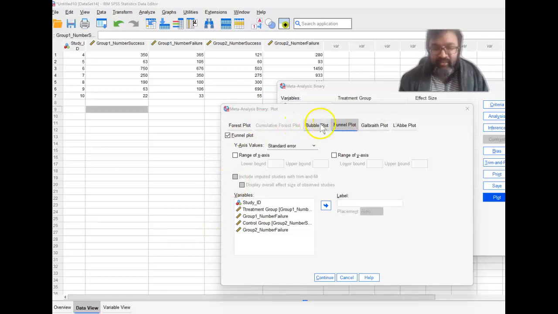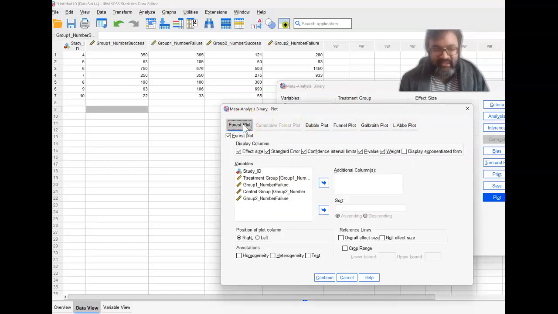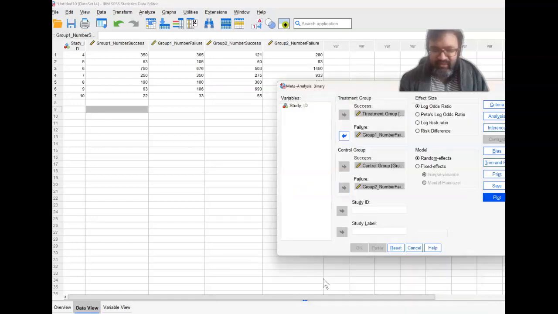So then I wouldn't worry about the bubble plot, the Galbraith plot, or the L'Abbé plot. I would just do forest plot and funnel plot. And remember, this is how you select that, and displaying columns, effect size, standard error, confidence interval limits, p-value, weight. So you can select continue,